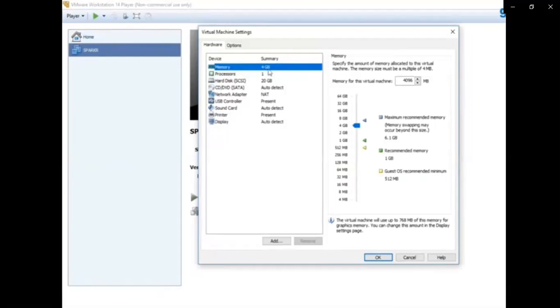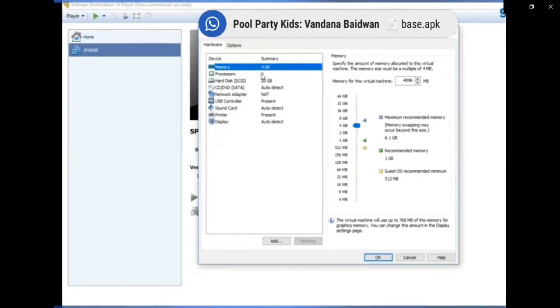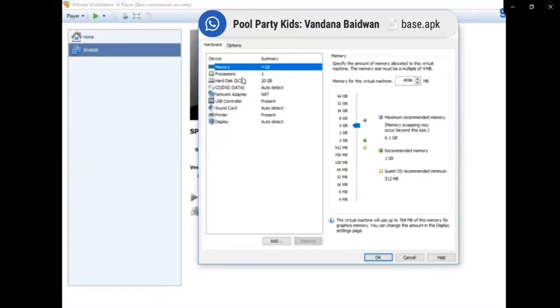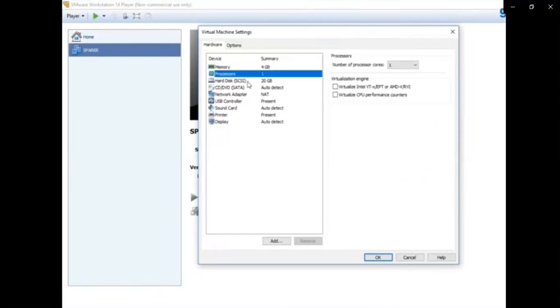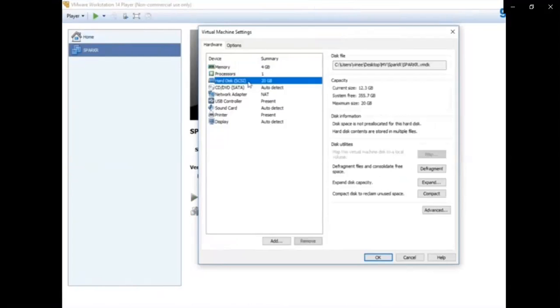In your case, you may have 1, 2, 3, 4, any number of CPUs. Typically, it is a multiple of 2, and I have decided to give 1 CPU to the machine. I have dedicated a 20 GB hard drive to it. Typically, I have carved some part of the system resources to the virtual machine.